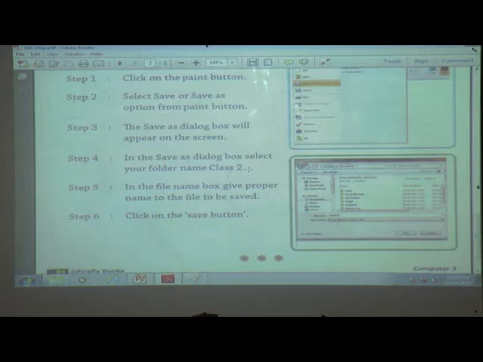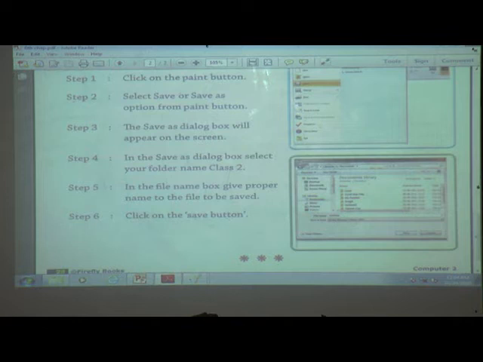Listen carefully. If the folder already exists, then no need. If it does not exist, then we must create it. And then step 5. In the file name box, give a proper name to the file to be saved. And last one, click on the save button.